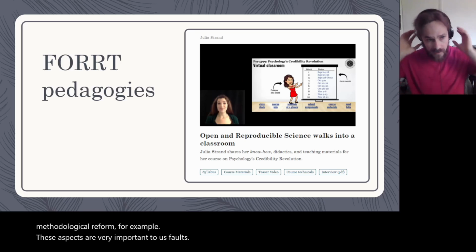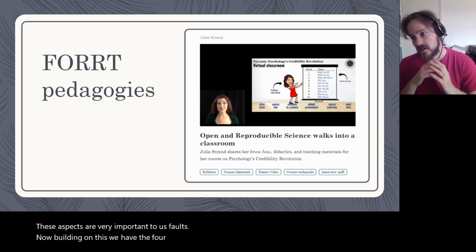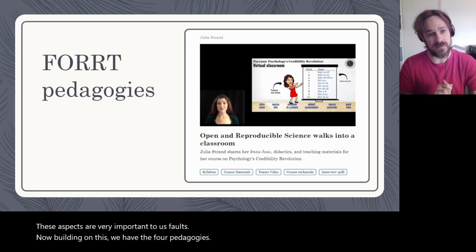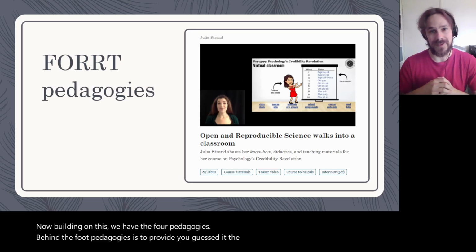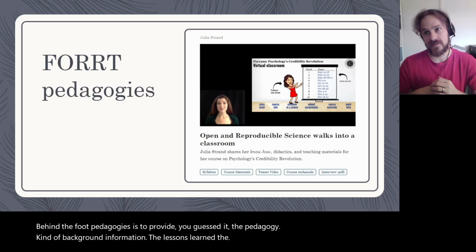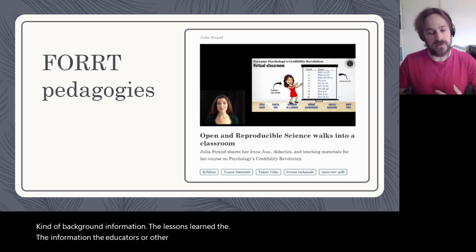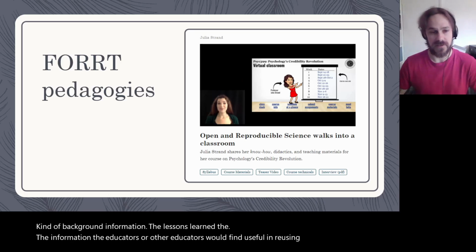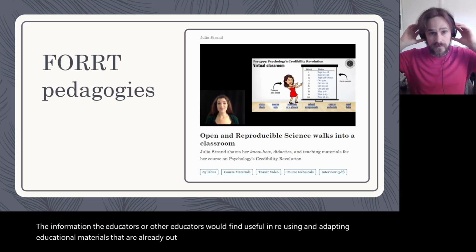Okay. Now, building on this, we have the FORRT pedagogies. The purpose behind the FORRT pedagogies is to provide, you guessed it, the pedagogy, the background information, the lessons learned, the information that educators would find useful in reusing and adapting educational materials that are already out there. So, for example,